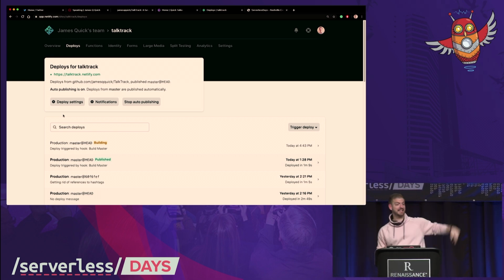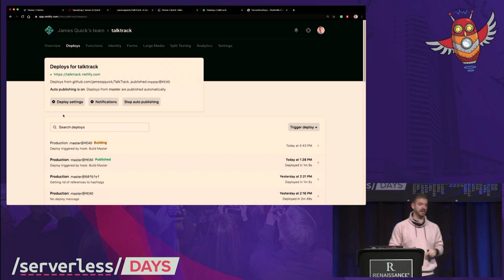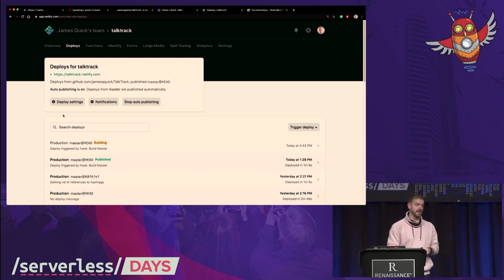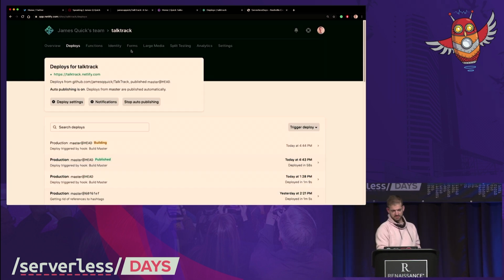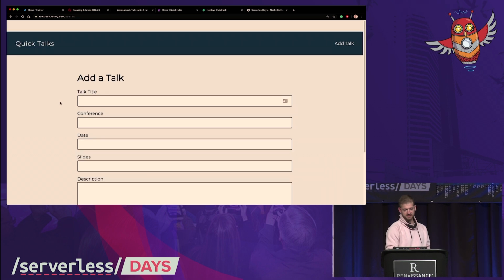So what happens is in that serverless function, there's a build hook for Netlify. It's just an API call that I can make. And it says, hey, go out and start another build. So this thing is building. I don't know if it's finished yet or not. It says building. And just to show you what this looks like, let's go back to the home page of Quick